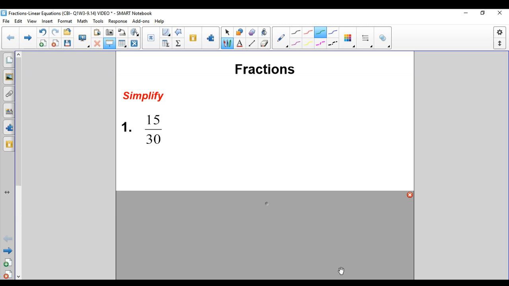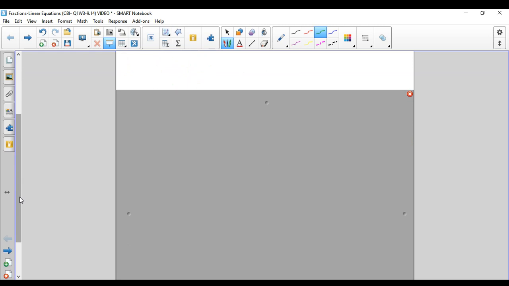But if you can't find the biggest one, you can go piece by piece with smaller ones. In this case, 15 and 30, 15 is both a factor of 15 and 30. So you think to yourself, 15 divided by 15, well, that's 1. 30 divided by 15 is 2. That fraction simplifies down to 1/2. Next one,